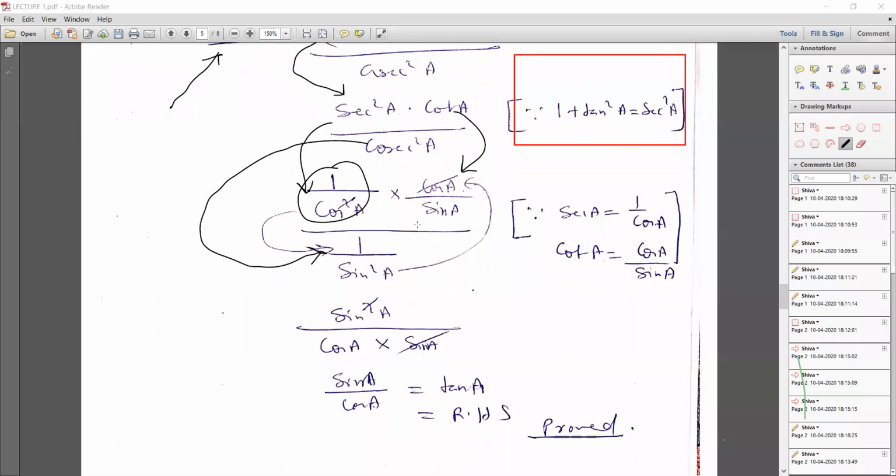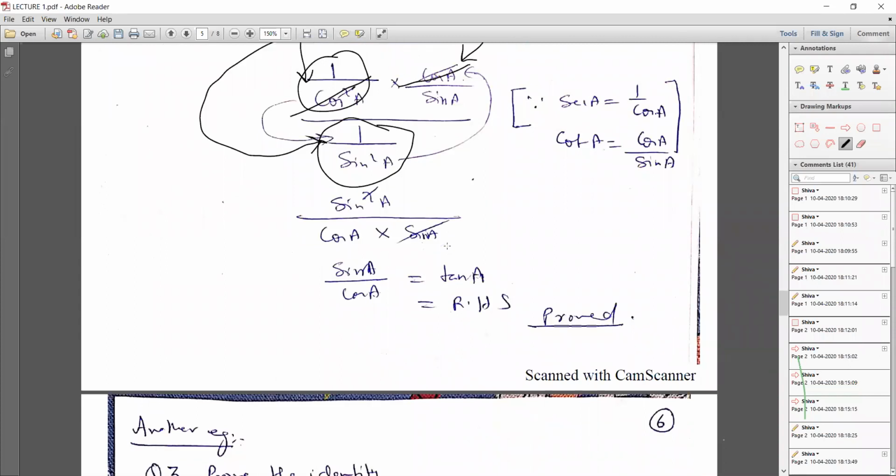And similarly, in the denominator part, in place of cosec square A, I have written 1 upon sin square A, because you already know cosec theta is equal to 1 upon sin theta. Now, when you take these, in the numerator part, cos square A, the square part of the denominator, one cos will be cancelled, and this sin square A will go in the numerator part. So sin square A upon cos A into sin A you will get, and this sin A will be cancelled by sin square A. So only sin A upon cos A will be left, and this is equal to tan A.